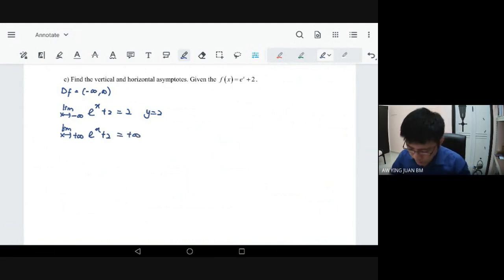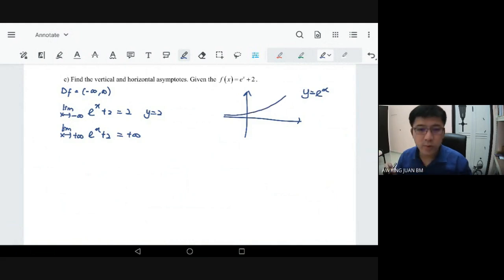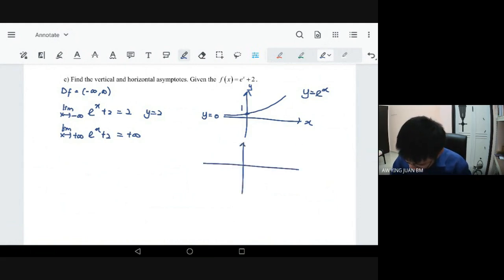So kalau kita rujuk graf ya, rujuk graf, graf asas kita iaitu exponent x. Y equals to exponent x. Kalau exponent x, graf kita ke sebelah kanan, betul? Dari sini asasnya ke sebelah kanan. Itu graf dia. Di mana y is equals to 0. Itu yang paling asas. So intersect kita adalah 1. Sekarang situasi kita adalah y is equals to exponent x plus with the 2. So kita punya asymptote akan jadi y equals to 2. Kemudian sini akan jadi 3. So situasi kita macam ni.